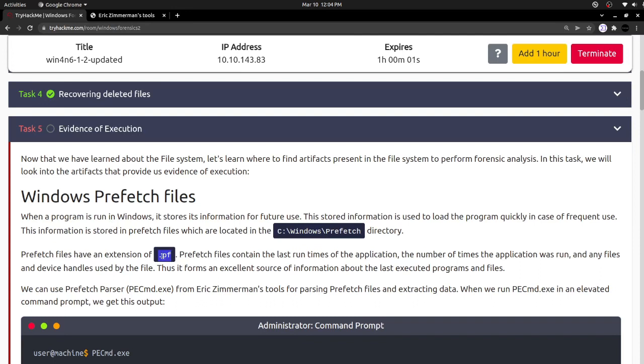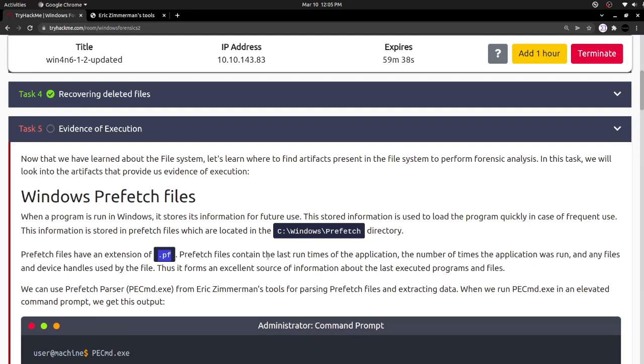Actually, these files are used for user's convenience. When a user is using a program frequently, this prefetch file is fetching some predefined details, and it makes the execution and the program launching easier. Prefetch files have an extension of .pf.